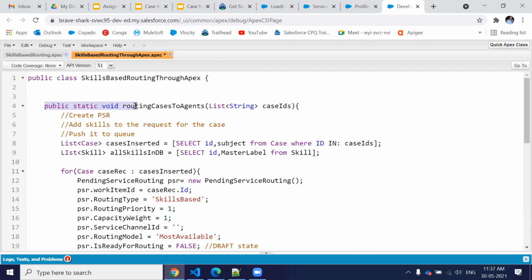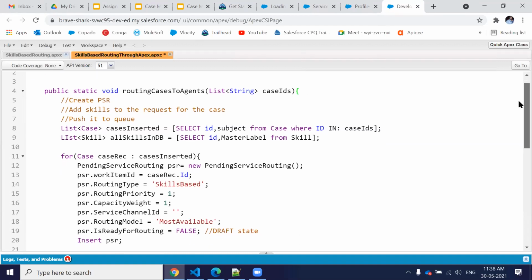So just create a method, any name, which is going to be a void type, because if you're going to use it in a process builder or in a trigger, then we cannot return anything. So it should be a void type. You can give any name, and this method is going to take a list of case IDs.